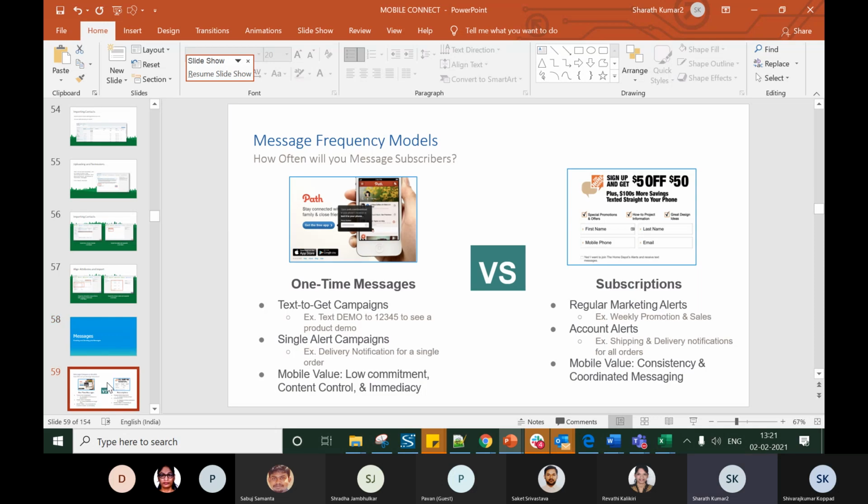Before going to that, I will explain what one-time messages and subscriptions are. This is very important because there are two frequency models you should be aware of. If you want to send customers a single message, that is a one-time message, or you might want customers to subscribe for a series of messages. Either way, you need to make sure you are really considering the value provided to your customers